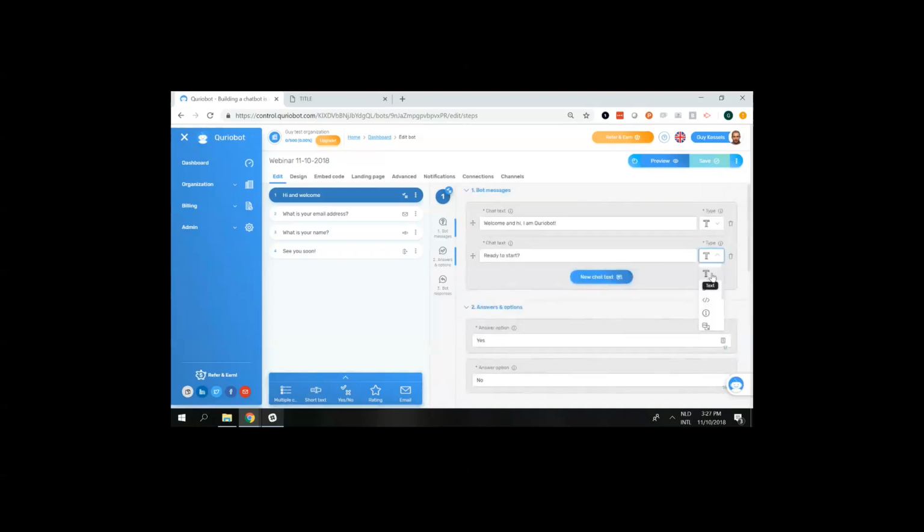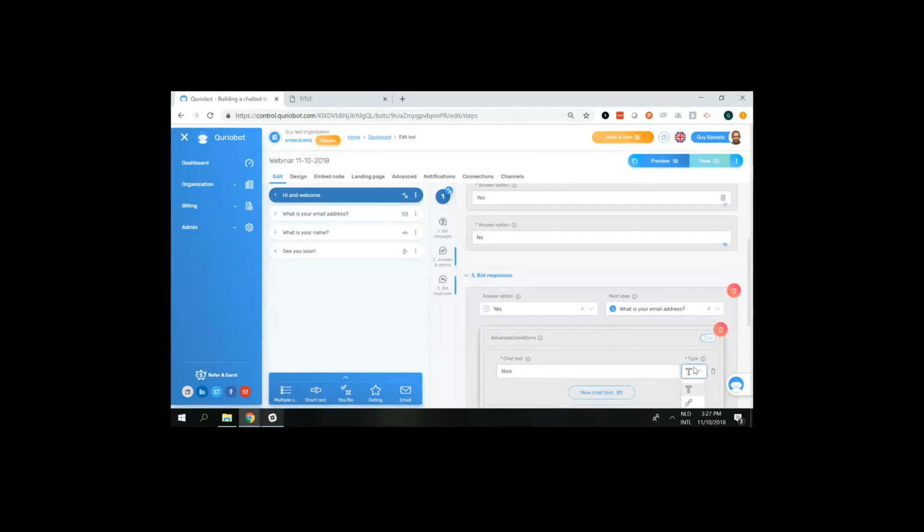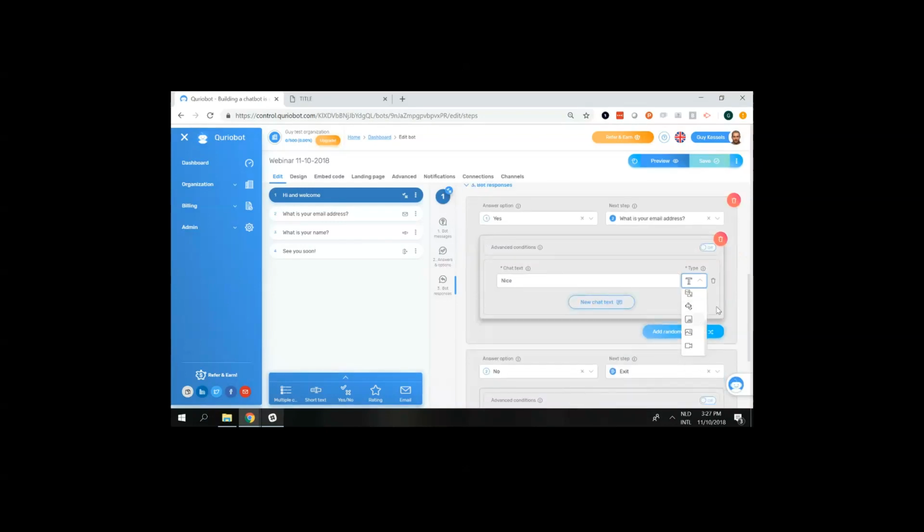So by default, this is a text, but you could change the background based on this input. So if somebody has, for example, here given an answer that he or she wants to review product A, and the bot then says thank you, then here is a place where you can say, all right, make the image background switch, or make, for example, the avatar switch to a customer service icon that belongs to that